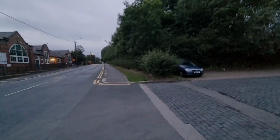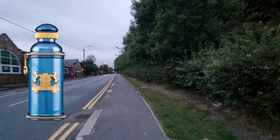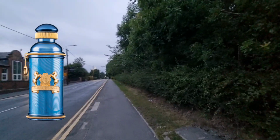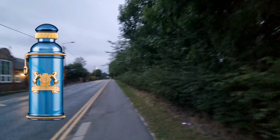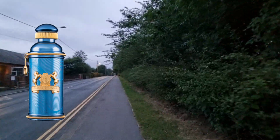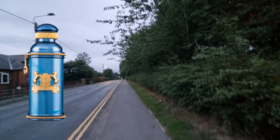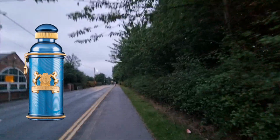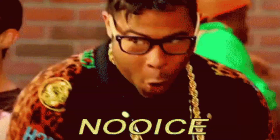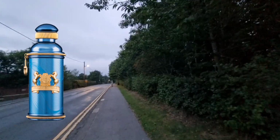And then the next one I bought was Alexandre J's Zafeer Oud Vanille, and it was a set, which again I've also done a video on. You saw it came with, what was it, 6 travel sizes, which were all quite different to each other and quite lovely, but the main one was the Zafeer Oud Vanille, and basically that's like this beautiful sandalwood honeyed kind of thing. It's a bit tropical, but it's mainly all about that sandalwood, coconutty, honeyed thing with a